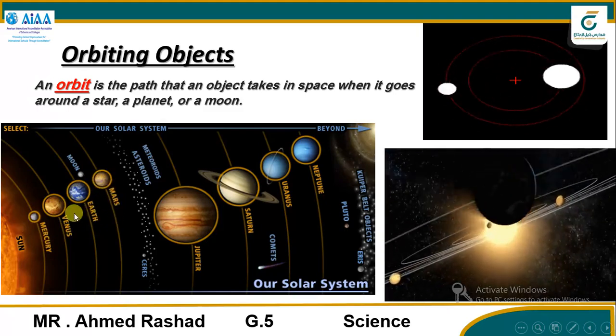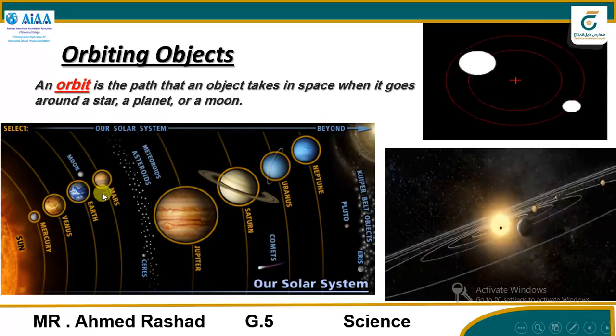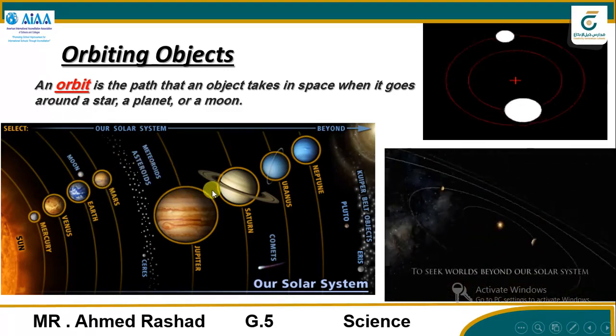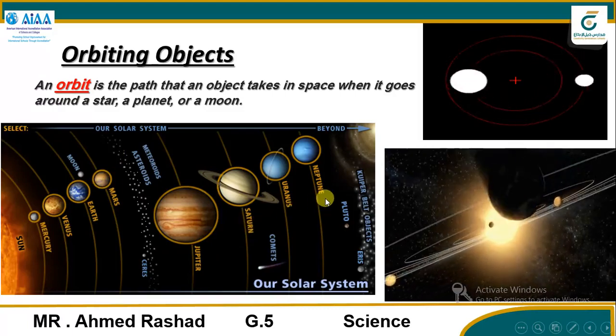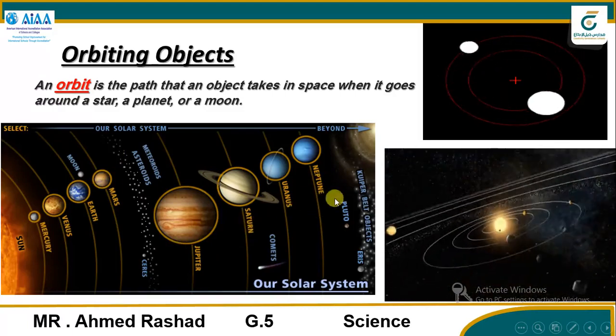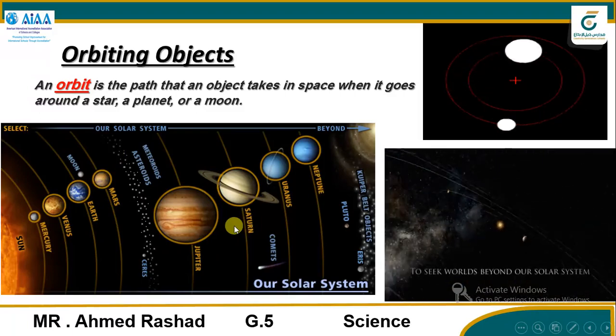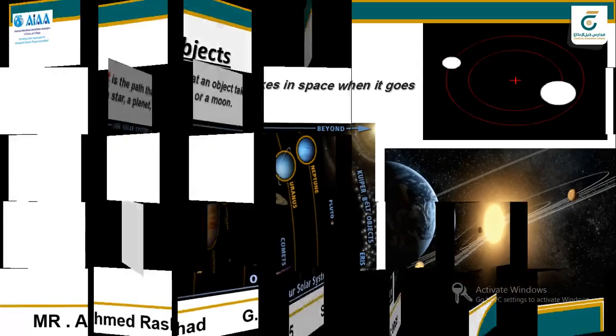After the asteroids between the inner and outer planets, we have Jupiter, Saturn, Uranus, and Neptune. And that's what we're talking about in the next lesson, inshallah. So, going to the next step,